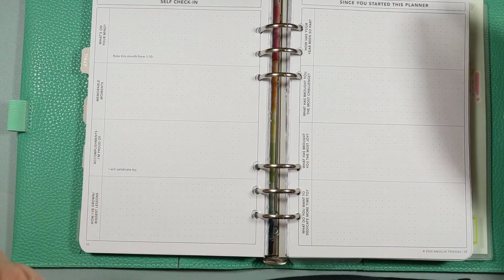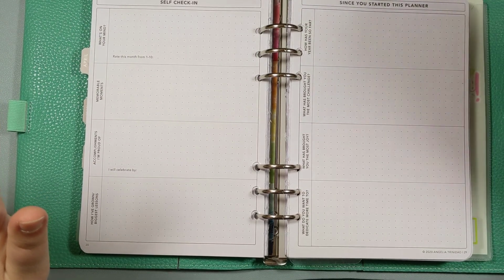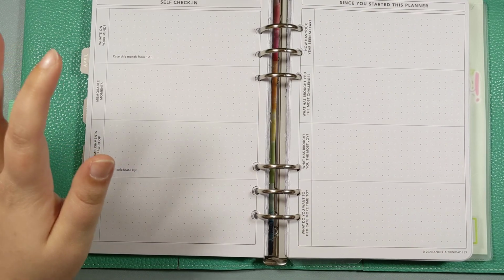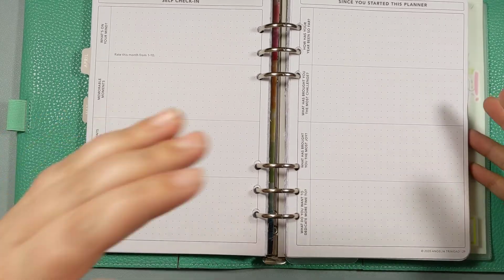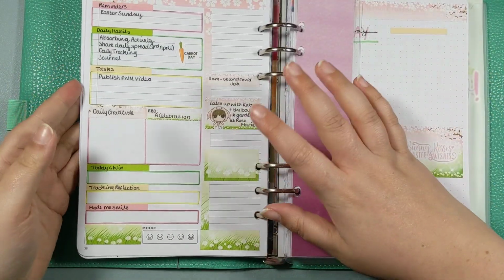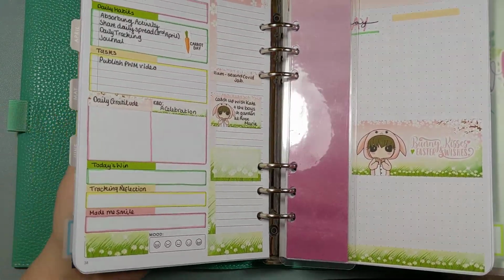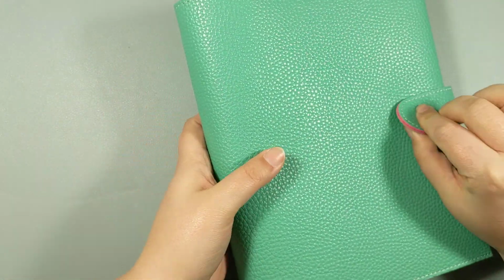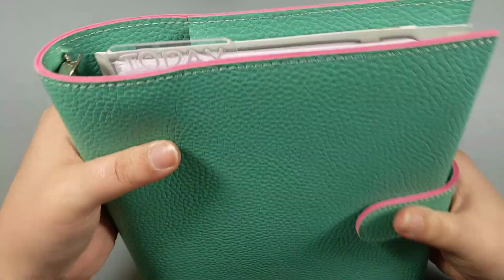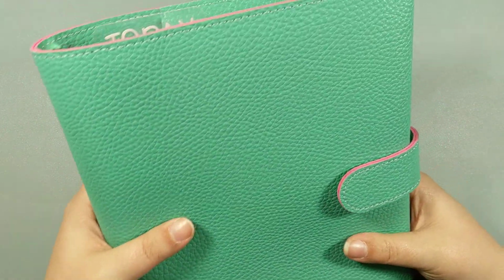But despite the headaches of trying to get it together and all the irritatingness of swearing and trying not to cut myself and various other things, I am really liking having it in rings. It's got me into a slightly better habit of sitting down and properly dedicating the time to it, because this is a floppy cover and it's a bit bulkier, so it's not quite as portable as it was, which is fine. I'd still take it wherever,